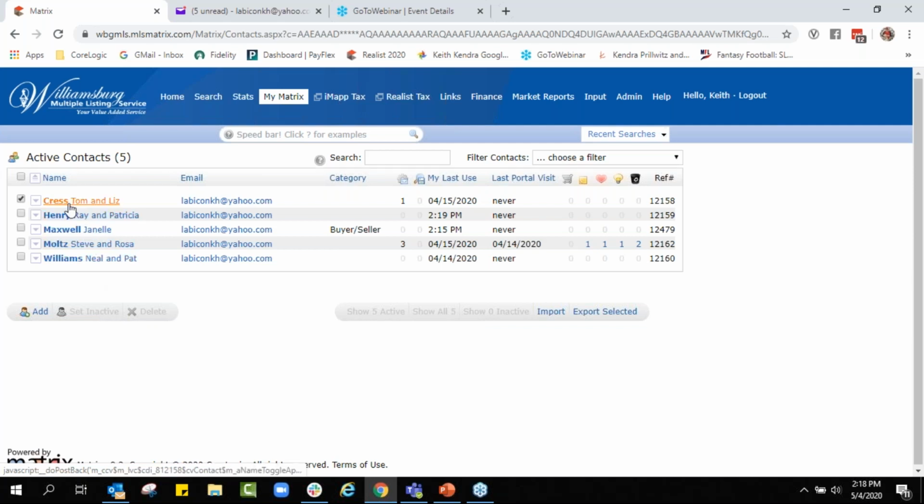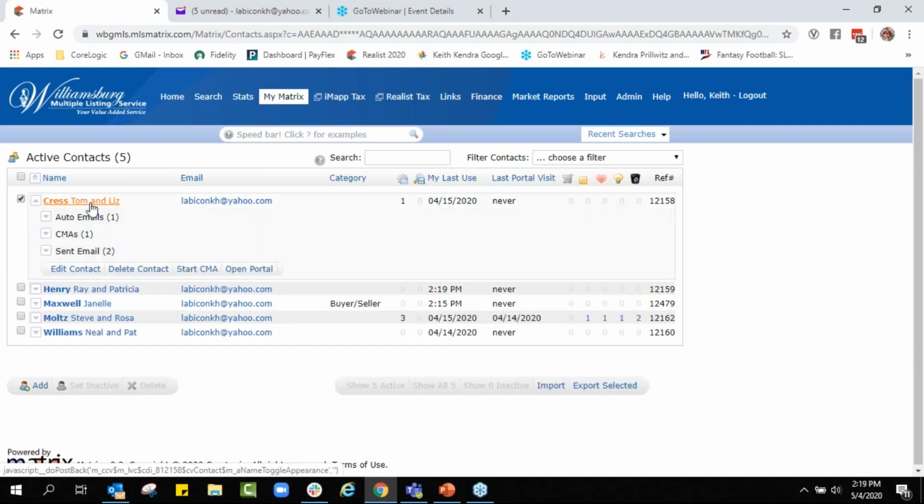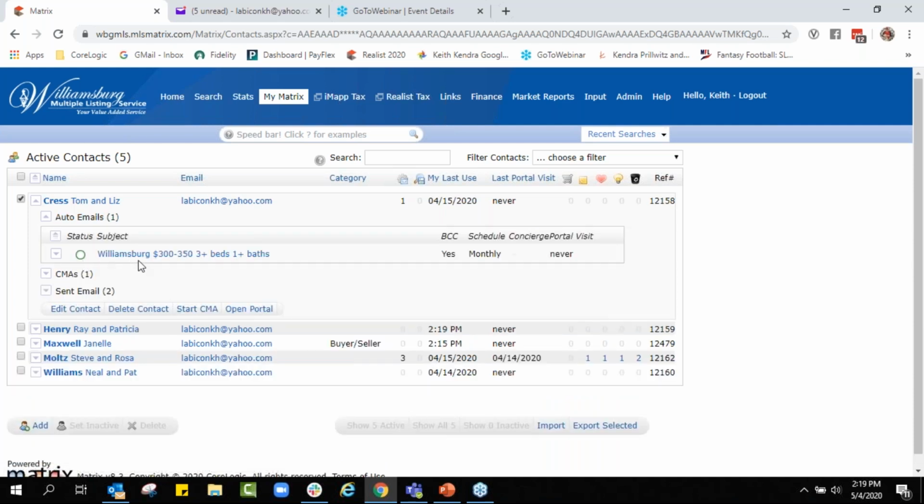So it's telling me that this person's receiving auto emails. If I open this up, you can see they do have an auto email. And if I look at it, it's an active one, or it's been sent out. They just haven't opened it yet. See that there? Client must click the first email's link. So there is an active email. So that's why it's kind of protecting me from accidentally deleting that person or turning them inactive because they have